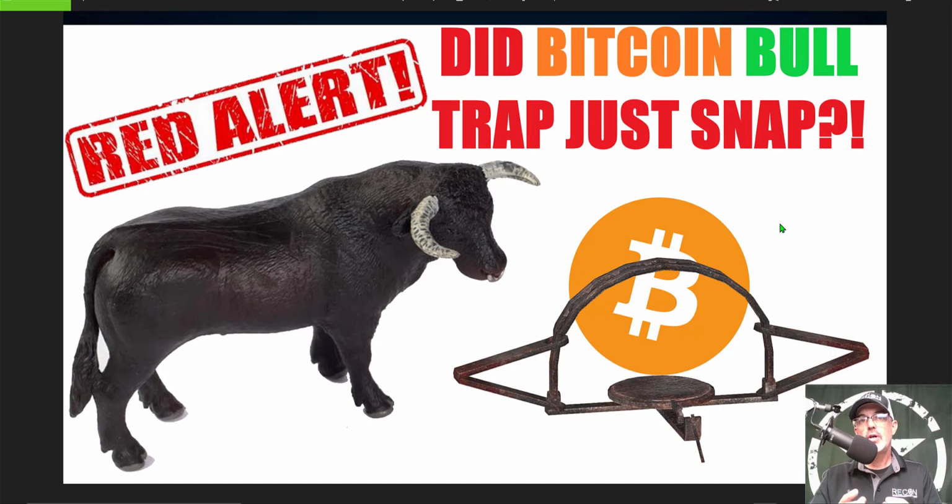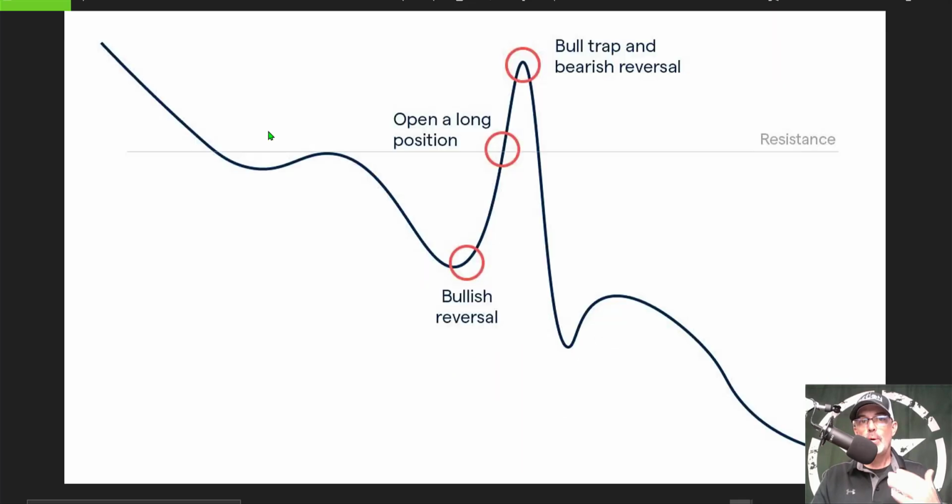In today's video, we will take a look at whether or not perhaps the Bitcoin bull trap just snapped and we are going to be rolling over into the bear market. So with that being said, if you're not familiar with what a bull trap actually looks like, a bull trap basically occurs after a sell-off and you get a bullish reversal, which typically needs to break above a resistance level, and then the trap snaps shut on the bulls and you see a big sell-off and eventually a bearish reversal